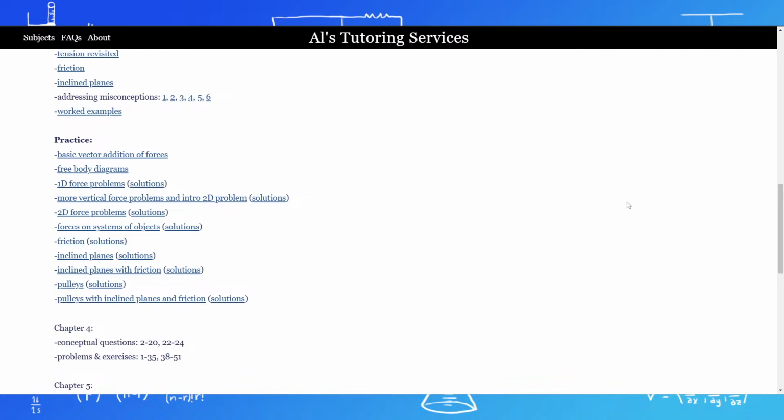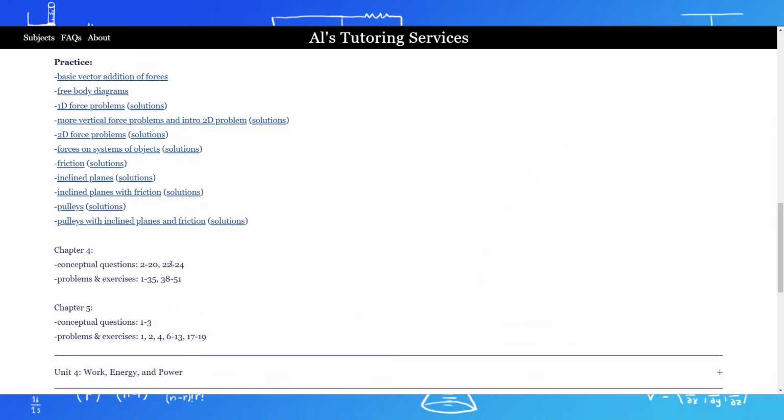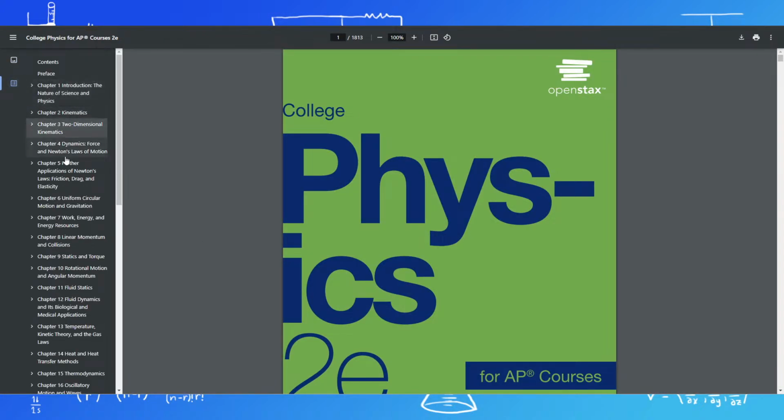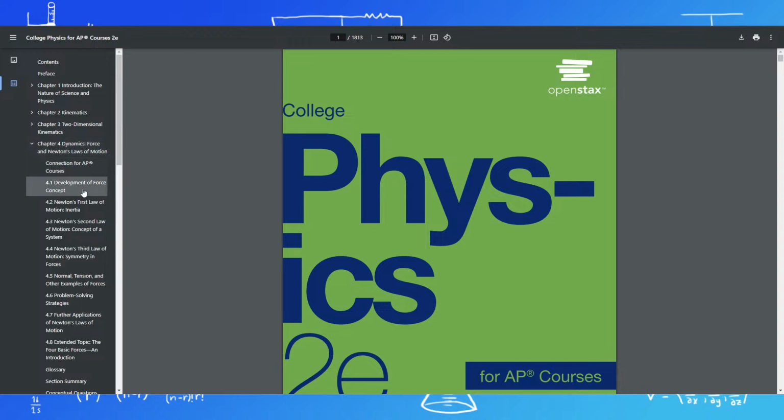Any other suggestions for studying? Did I talk about the book? Yeah, you can look through the book. Let me see, chapters 4 and 5. So if I open this, chapter 4,